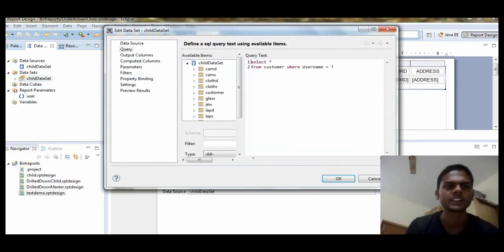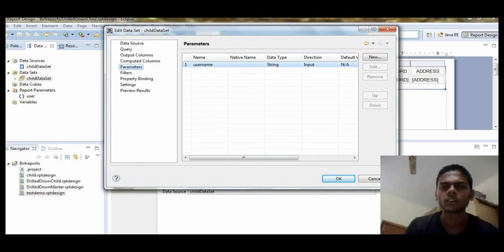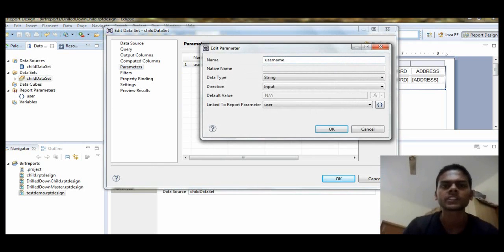Double click on child data set and click on the property binding. On the parameters. On clicking on parameter, I have created already here a new parameter username. You can create here a new one. I am going to show you what the settings of these parameters are.